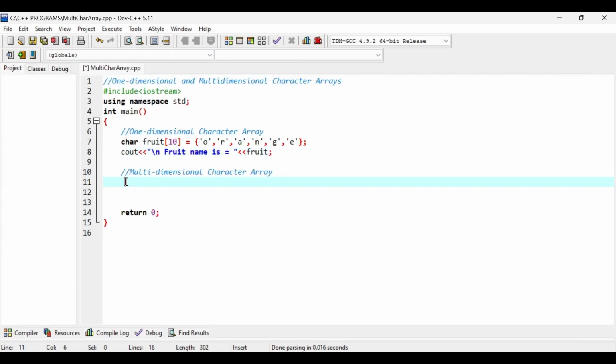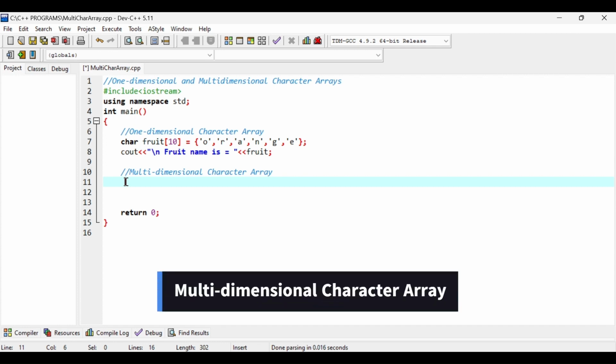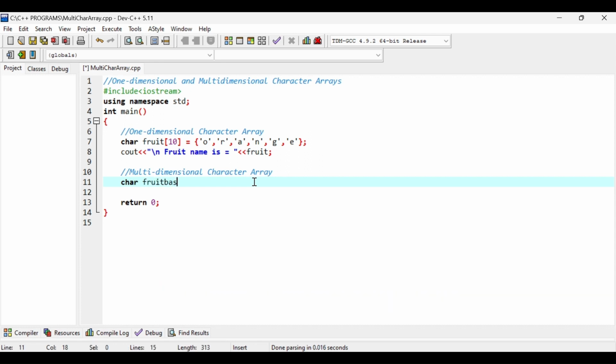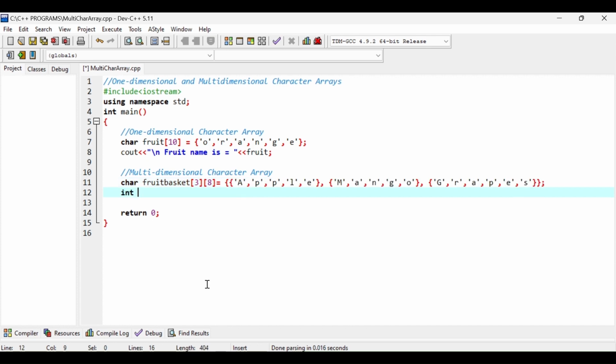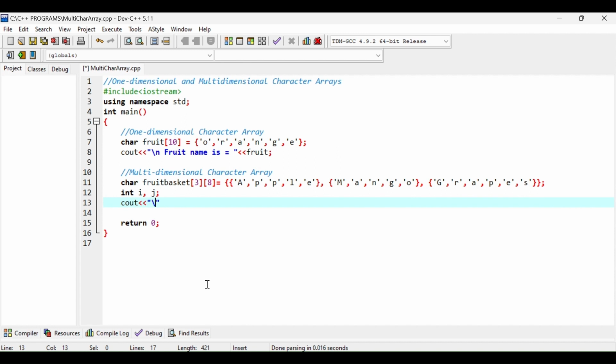Now suppose that instead of a single fruit name, I want to display an entire list of fruit names, then in that case multidimensional character arrays can be very useful. So let's create one multidimensional array as fruit basket. This is the name of my array, and suppose I want to store 3 fruit names here. So my rows will be 3 and the length of each fruit name is, suppose, a maximum of 8 characters. So let's say my first variable which I want to use to keep track of rows is i, and for columns it is j, and now I'm going to display one message \n